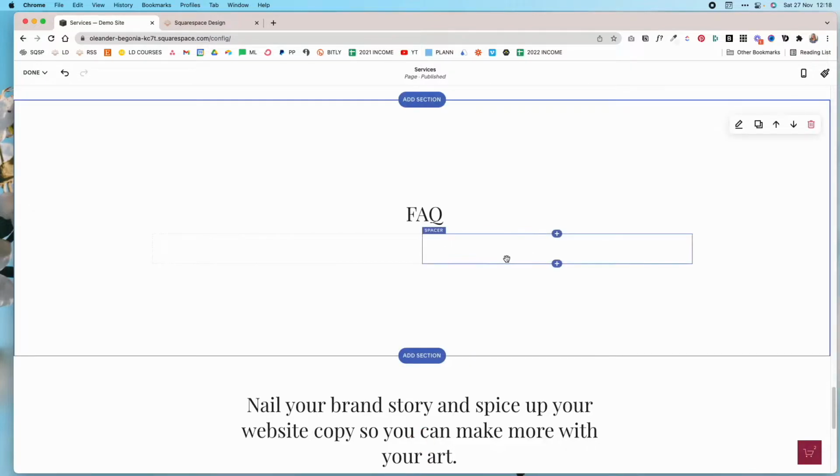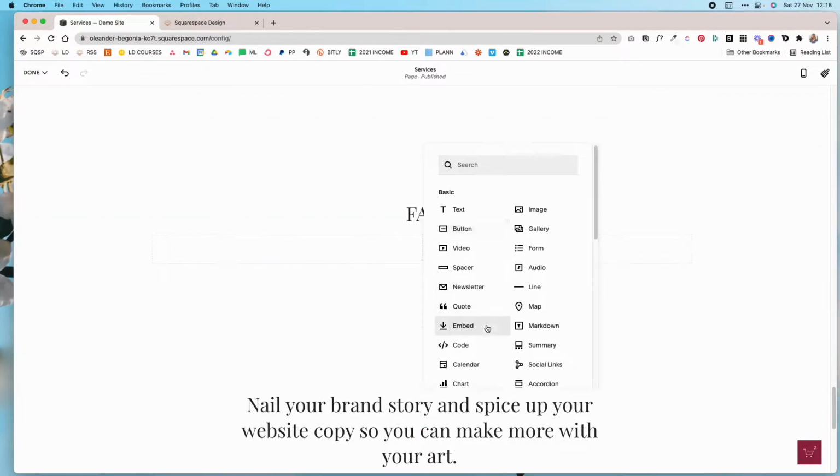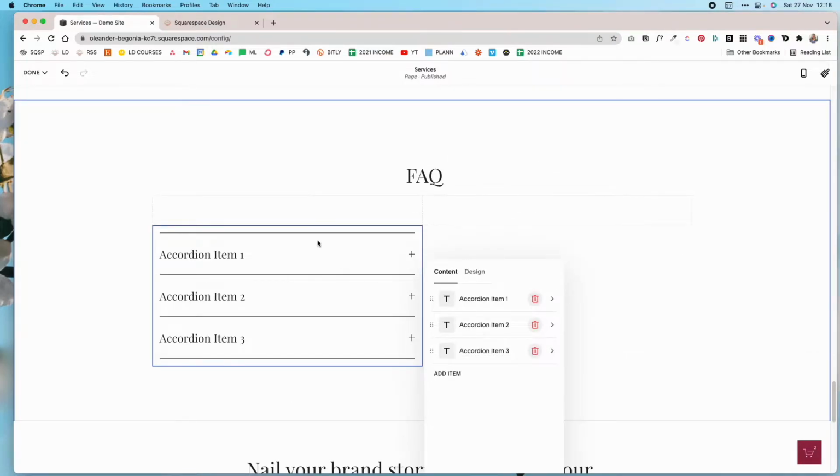create 2 columns. And then I'm going to add the accordion block, which is the new block that Squarespace recently introduced, and it's absolutely awesome for adding FAQ sections. So now that we've added the accordion, now you have the option to enter the content and style how it appears. So as you can see, it comes with 3 accordion items, and you can easily add an item by